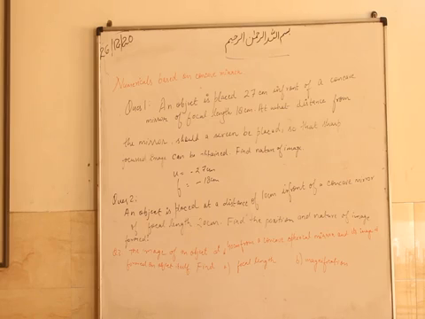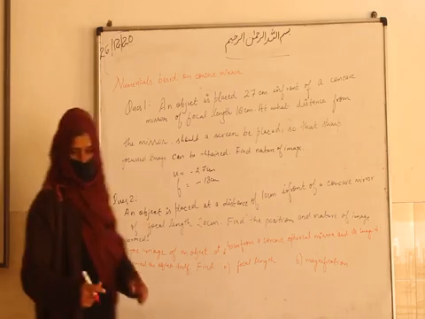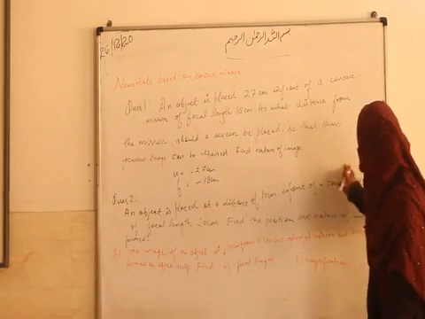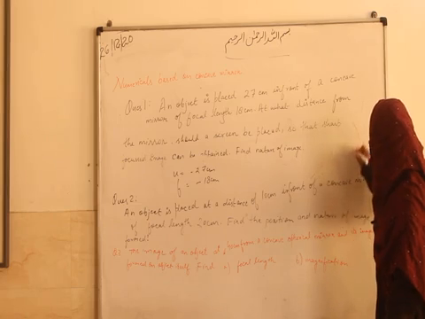Asking by yourself, and 10 by 20 is there, no? Yes. Image is at 10. 10 is focal length, no? Acha, okay. 10 is object. See, yes, that's what I am saying. You can make a ray diagram. It is less than focal length, so it will be. Let me make a ray diagram.